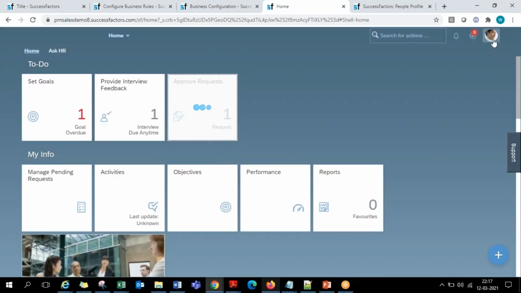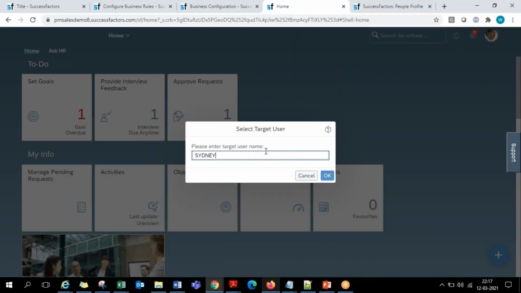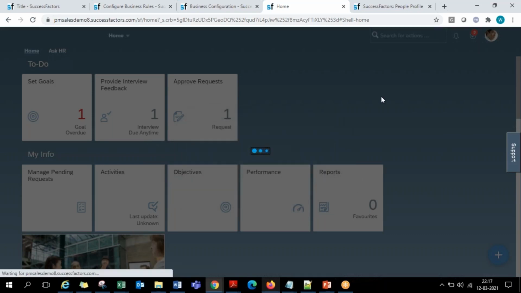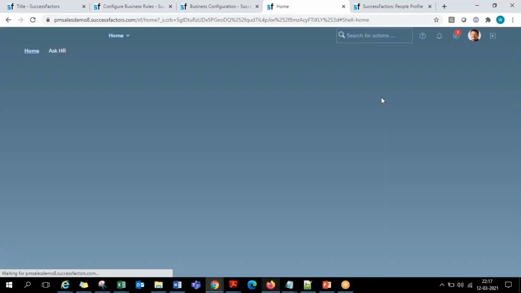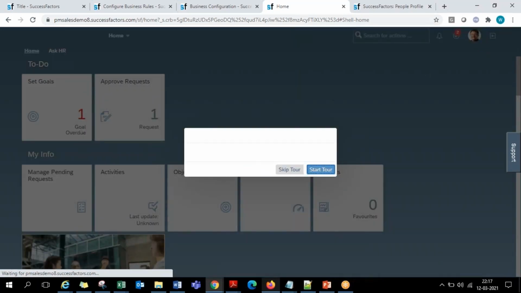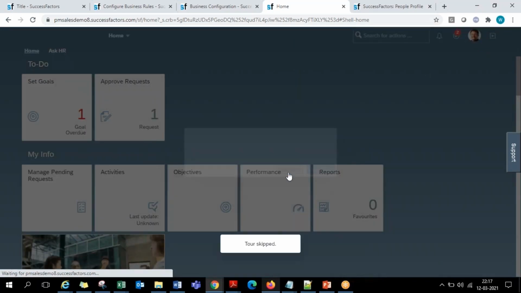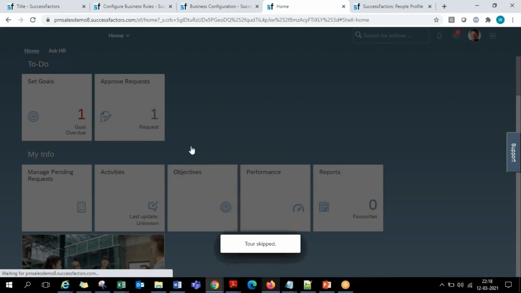Same thing. Now if I go to Sydney Battle's login also, proxy now as Sydney Battle, I'll check his login too. That is the expected behavior. At dynamic group level, however many people are in that group, everyone should receive it. If any one of them takes the action, that is enough. For example, if I want an approval from the IT department, payroll department, finance department, in those cases this will be useful. So now in Sydney Battle's login also, you have this approve request. There is one workflow item in this approve request, and that one item is Anya Singh's.